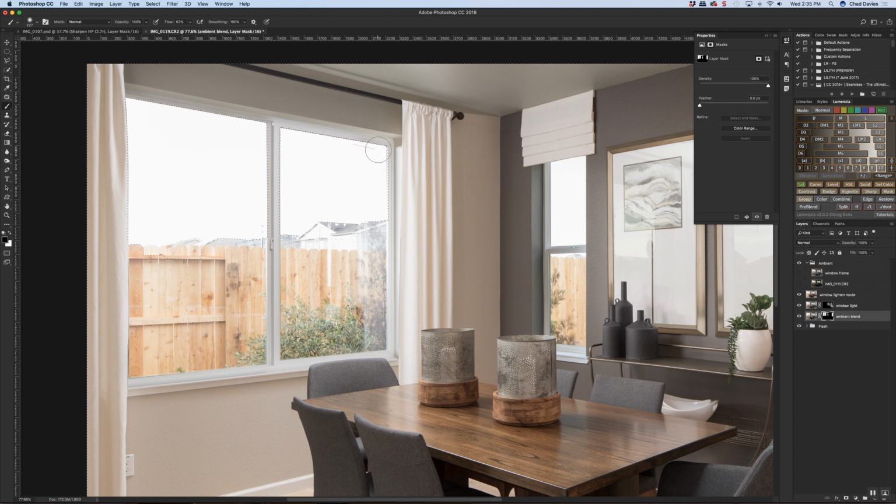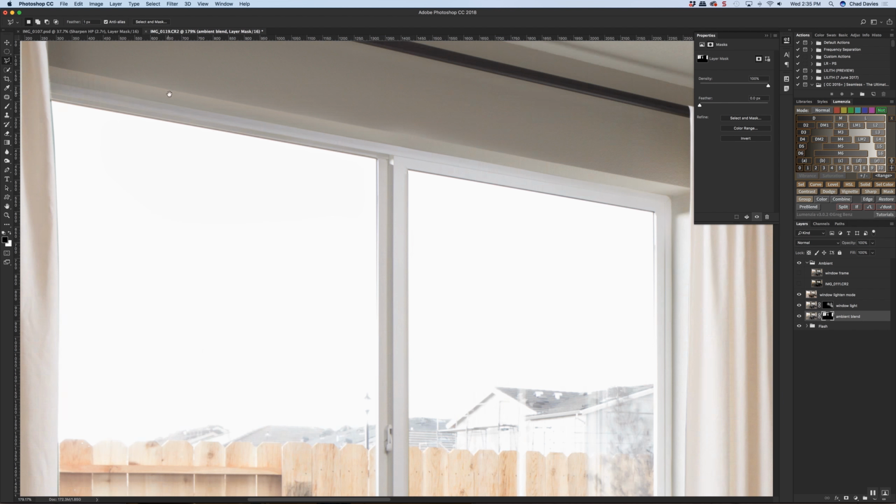Now we have this odd little window ledge here. See, there's like a highlight right there, so we're going to get rid of that. Make sure we have a nice hard edge. Create some definition from that window light. Okay, cool. So, to me, this light